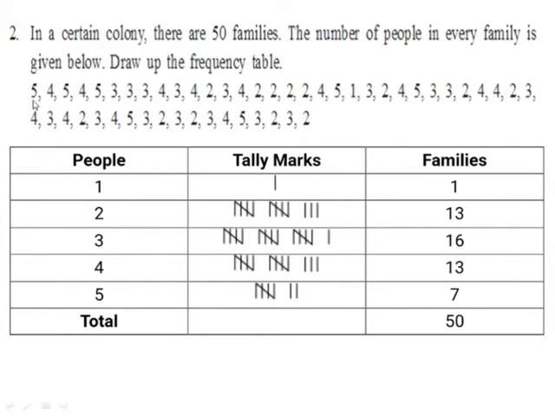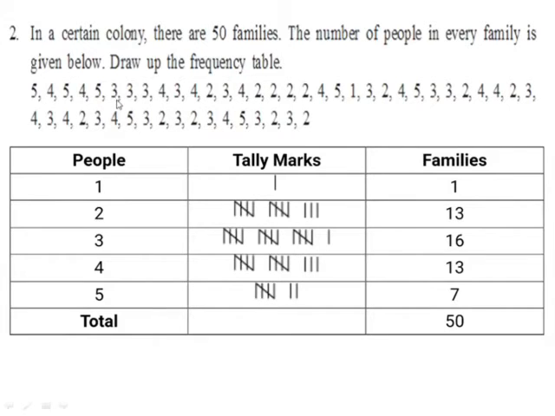Now here we will start from 5. As 5 is the first score, we will put one tally mark for 5 in front of 5 in the second column. Now the second score is 4. So put one tally mark for 4 in front of 4 in the second column. Then again here 5 is appearing. So make one more tally mark for 5. So here there will be 2 tally marks for 5 now. Here the next score is 4. So put one tally mark for 4. So you will get the second tally mark of 4. Then again 5 is appearing. So make one more tally mark for 5.